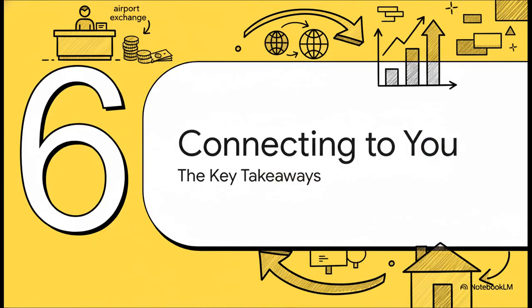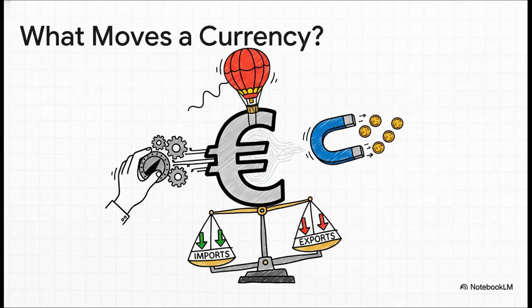Whew, okay, we've covered a lot of ground here, from that little spread at the airport exchange counter all the way up to massive global capital flows. So let's bring it all home and boil it down to the most important takeaways. So when you ask, what really moves a currency, it all kind of boils down to this tug of war between four key forces. Over the long, long run, inflation is like gravity. It is always, always pulling a currency's value down. In the medium term, interest rates are like magnets, either attracting or repelling global capital. And then shaping all of this are the daily tides of a nation's trade balance and the big policy choices being made by its leader.